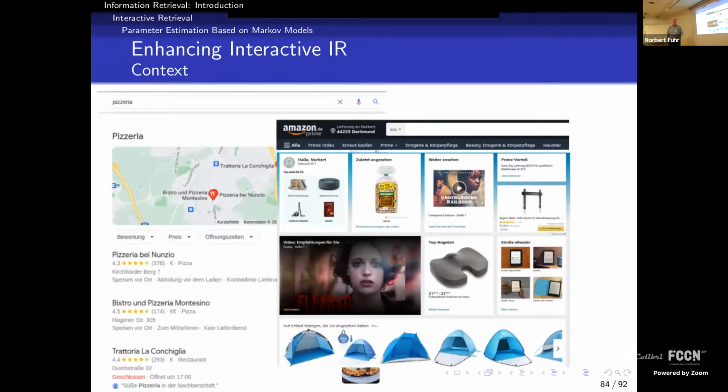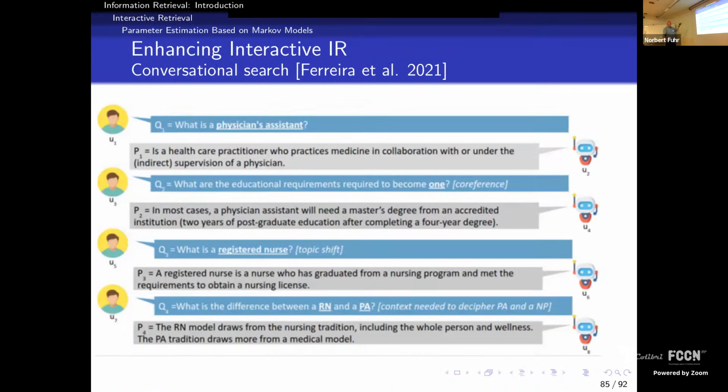I just briefly mention other aspects of interactive retrieval. So context is a very important issue. So if you know about the location and time of the user and ask for a pizzeria, then you can make appropriate suggestions which pizzerias are nearby and also are open, or when you go to Amazon, when the online shop knows your complete online browsing history, it can include that. So that's context. Then these days, there's much work on conversational search,